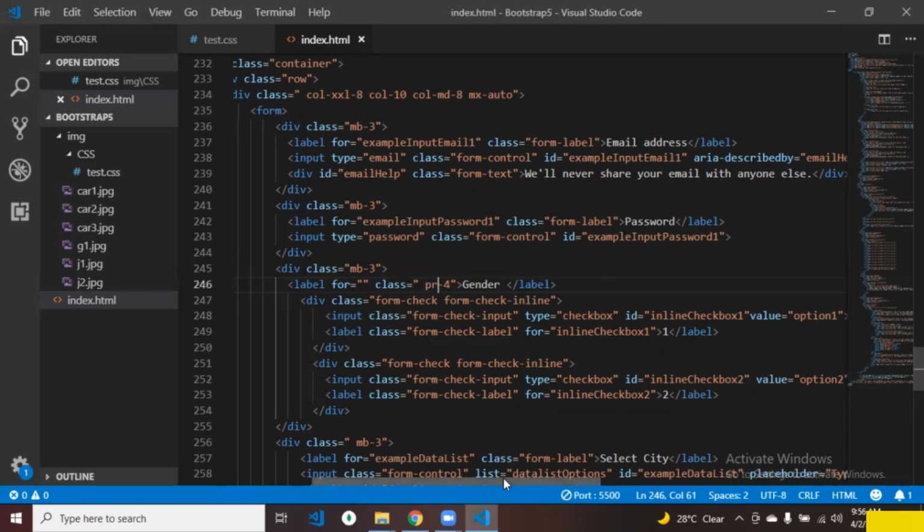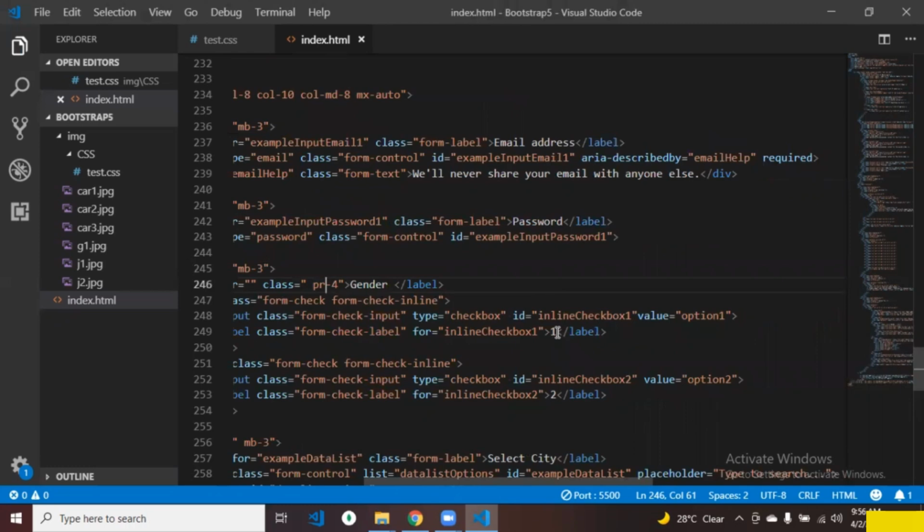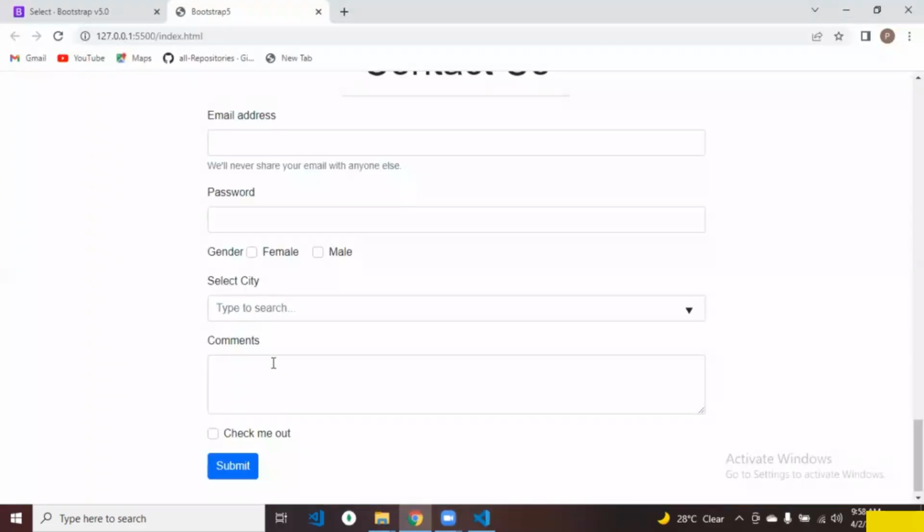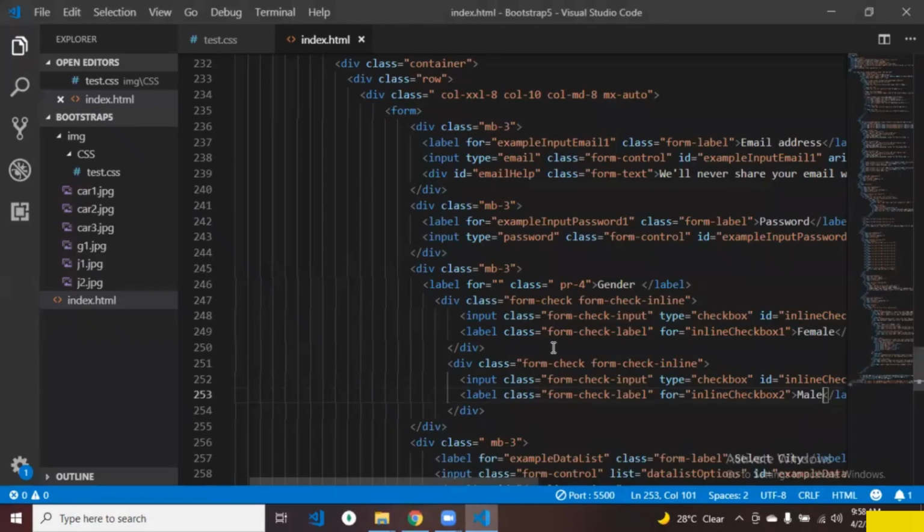And we will make this value 1 and 2 as female and male. Okay, let's check. We have this gender and female, male, female, gender, male, female. Yeah, okay. So now what we will do,